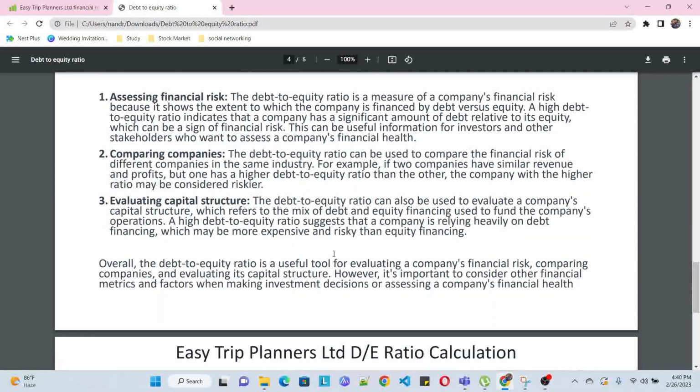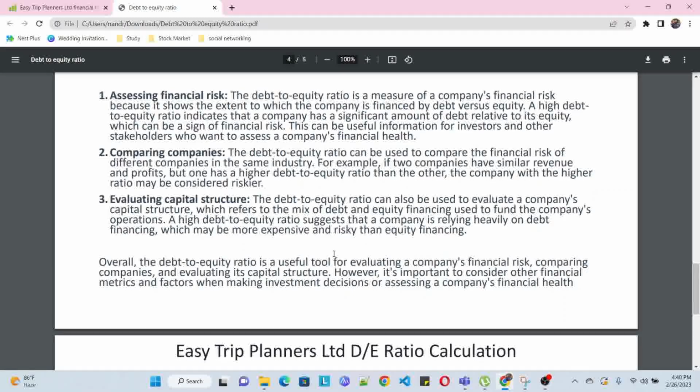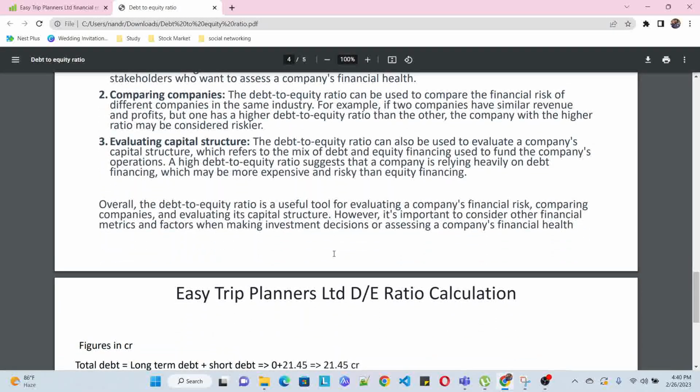Evaluating capital structure: the DE ratio can also be used to evaluate a company's capital structure, which refers to the mix of debt and equity financing used to fund the company's operations. A high DE ratio suggests that a company is relying heavily on debt financing, which may be more expensive and risky than equity financing. Overall, the DE ratio is a useful tool for evaluating a company's financial risk, comparing companies, and evaluating its capital structure. However, it's important to consider other financial metrics and factors when making an investment decision or assessing a company's